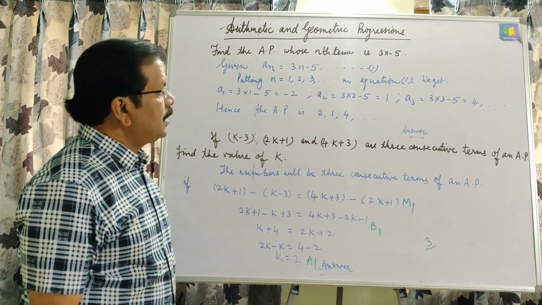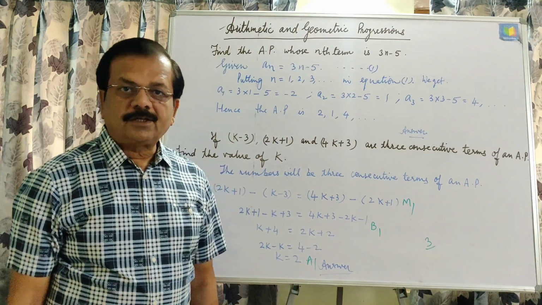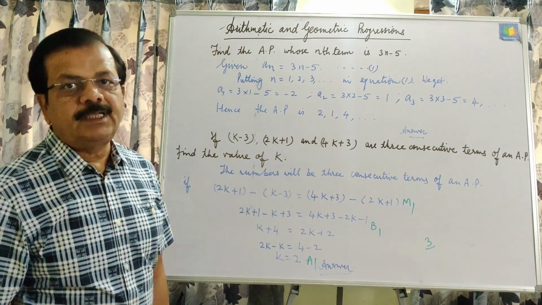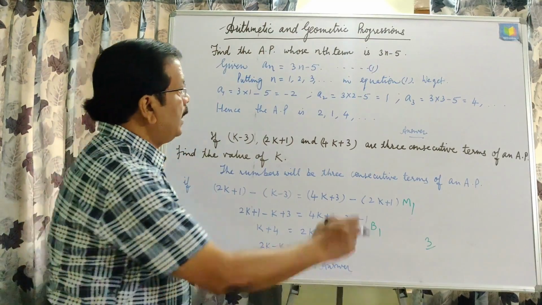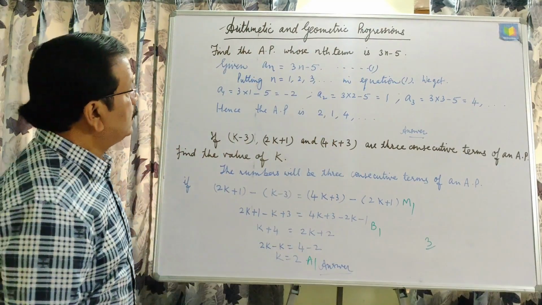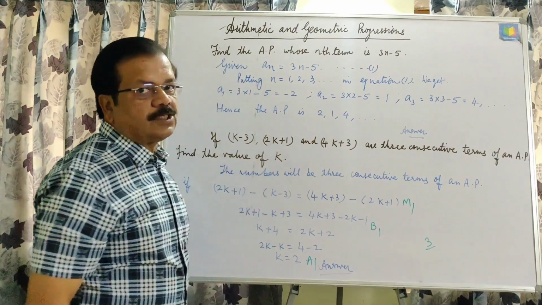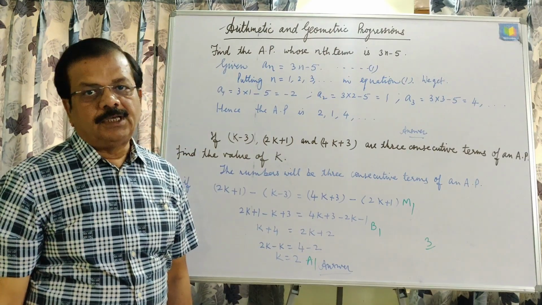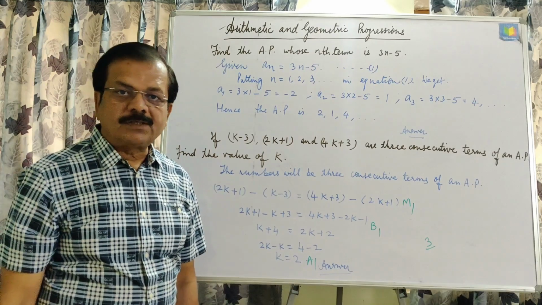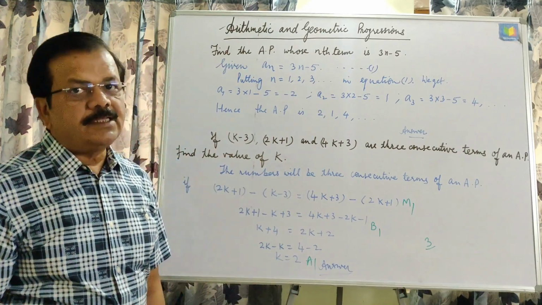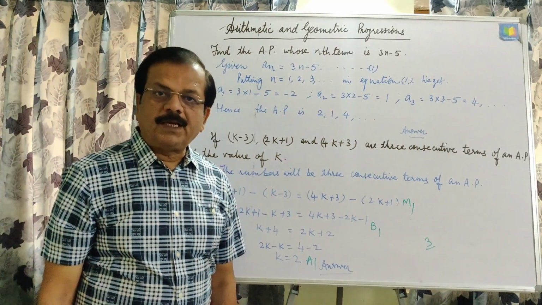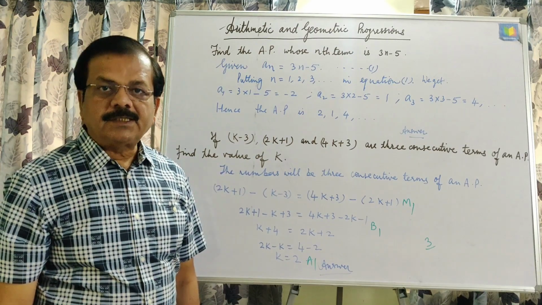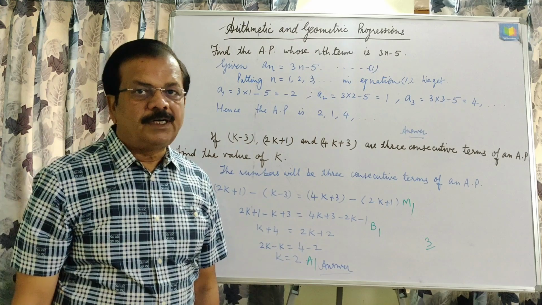Without going into much detail in the formula, in your course there are only two types: nth term in case of arithmetic progression and nth term in case of geometric progression. In the same way, nth term in case of arithmetic progression will be a plus (n minus 1) into d, where d is the common difference, because I just told you that this is the list of numbers which we obtain by adding a constant number to each number, and that constant number is called the common difference.